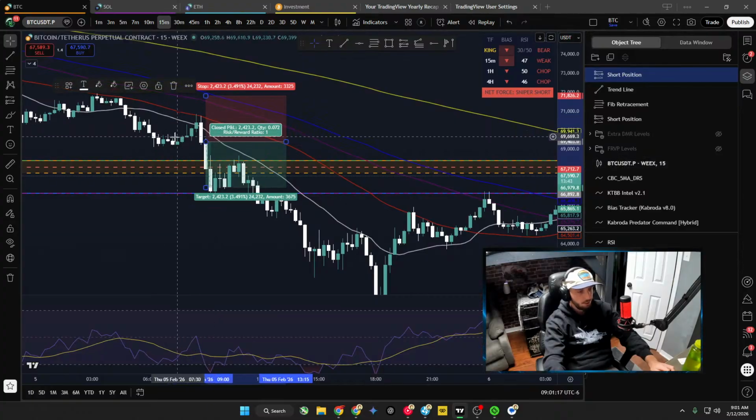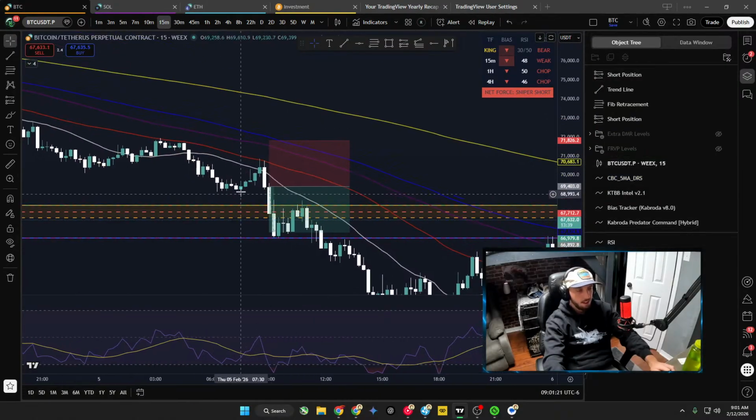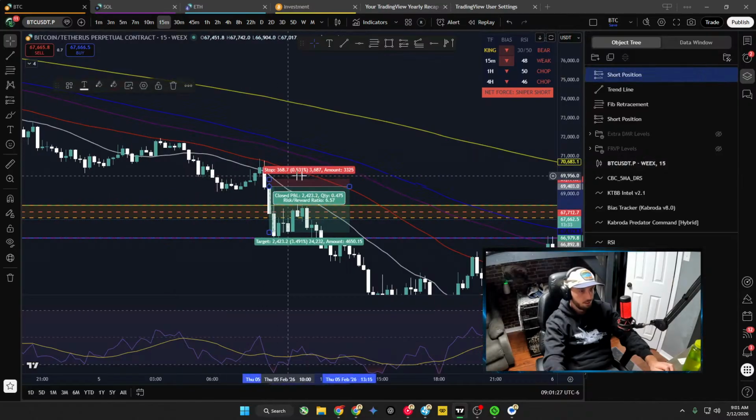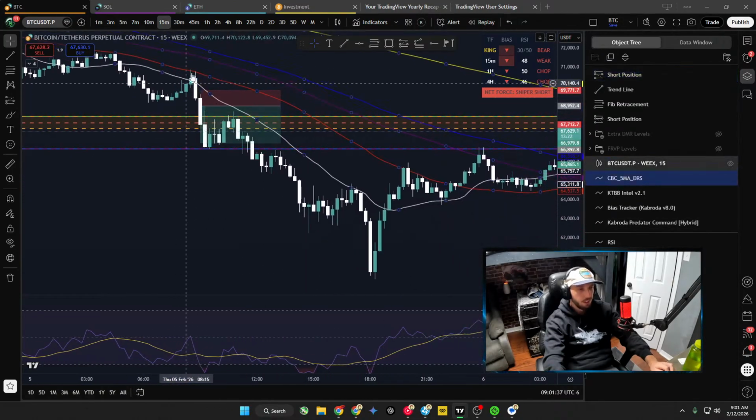We posted this on our X account, so if you don't believe me, you can go ahead and check it out on our X account. There's a link in the description. But basically, we had our candles here, so we set up our stop sort of like that. We might have gotten a little bit lower, like here somewhere. Something like that. Set up our stop right there above the 7:30